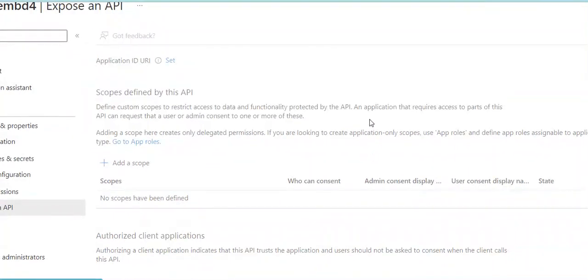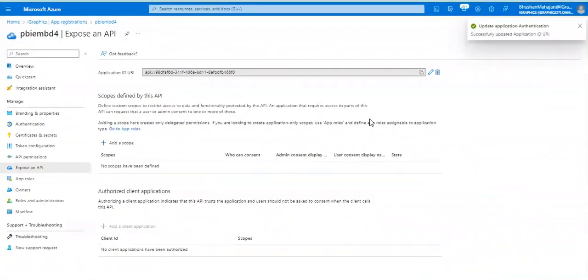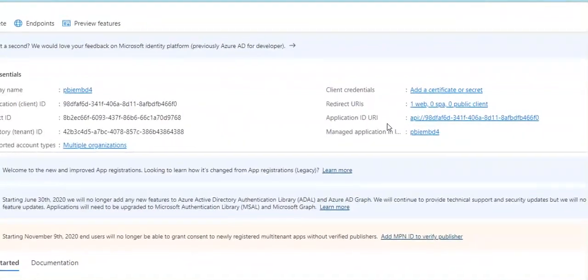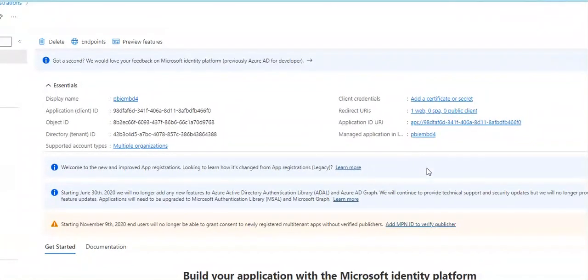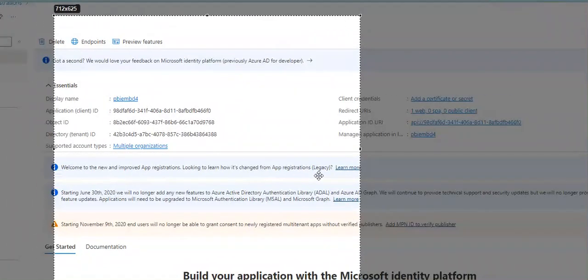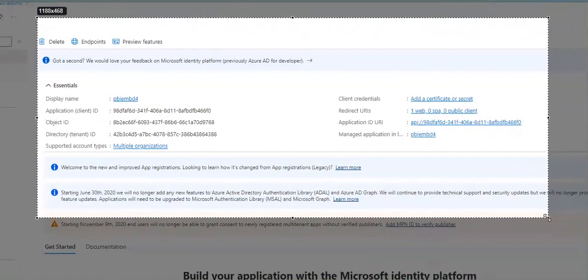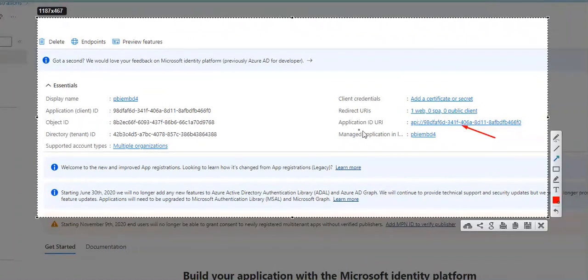But the interesting thing is, if you go to overview again, here you can see, and keep in mind that the application ID and this application ID URI, they are the same,